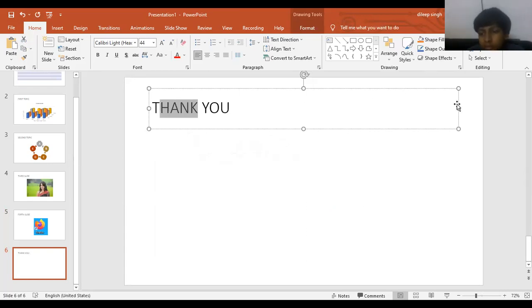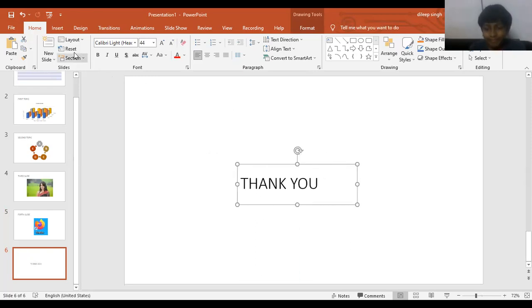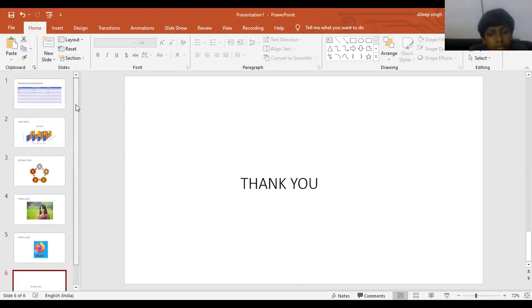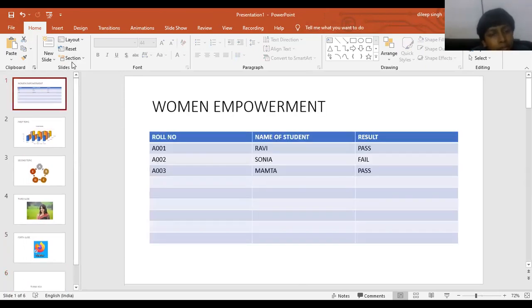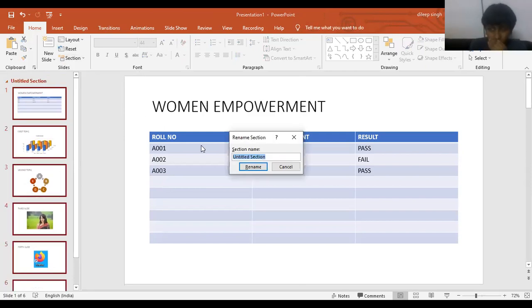And after that, if you want to edit some content, the next option is available there. That is section. What is the use of section? Here are the different types of section. For example, if we want to distribute our presentation into sections, firstly place your cursor on the first slide and we can divide it into multiple sections. When you click on this, we'll click on add, and it will provide a section name. You just enter the section name like this. It is introduction.